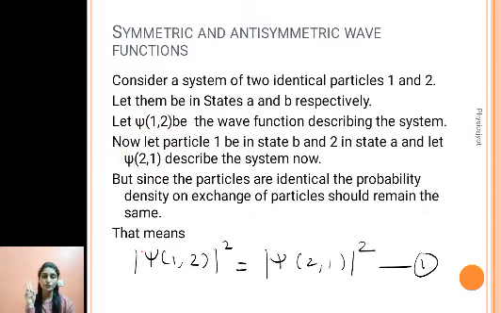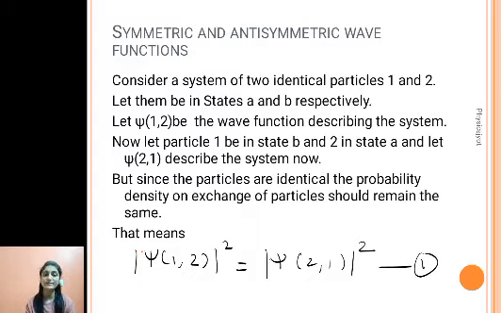So we have two wave functions, psi of 1 comma 2 and psi of 2 comma 1. Psi of 1 comma 2 means I have two particles, where particle 1 is in state A and particle 2 is in state B. Psi of 2 comma 1 means I have a two-particle system where particle 1 is in state B and particle 2 is in state A. Now, since the particles are identical, the probability density on exchange of particles should remain the same,